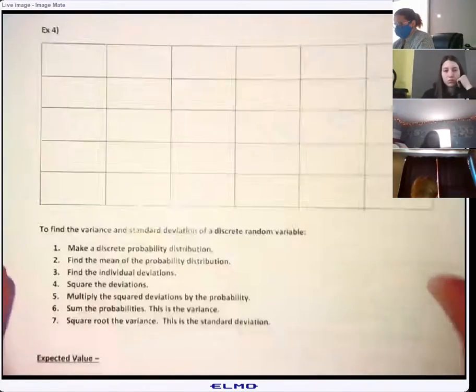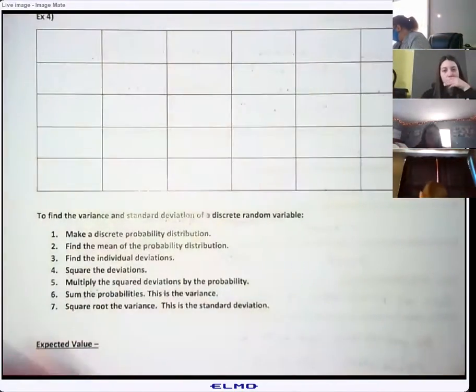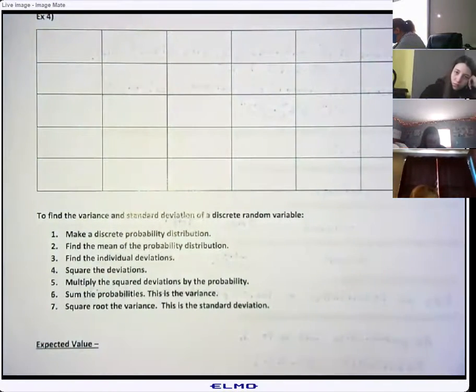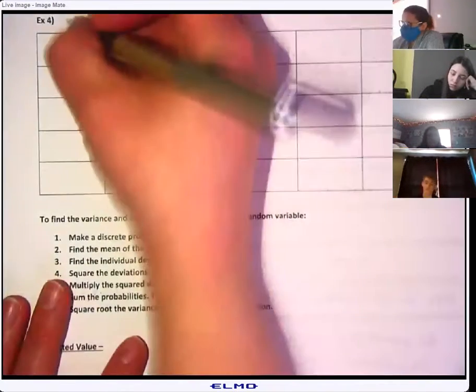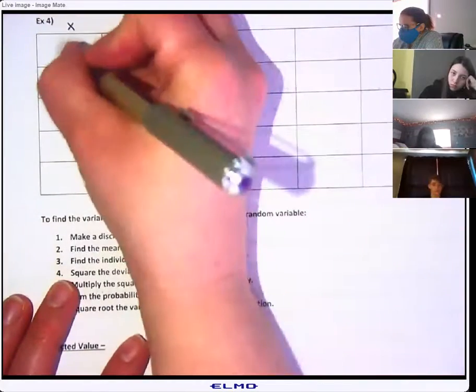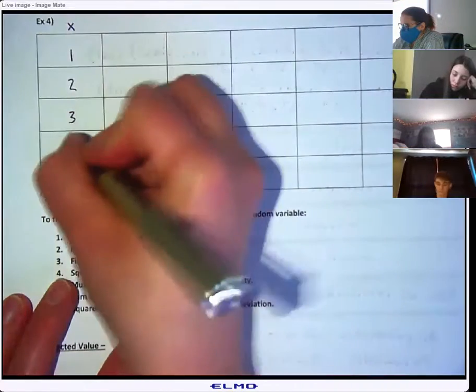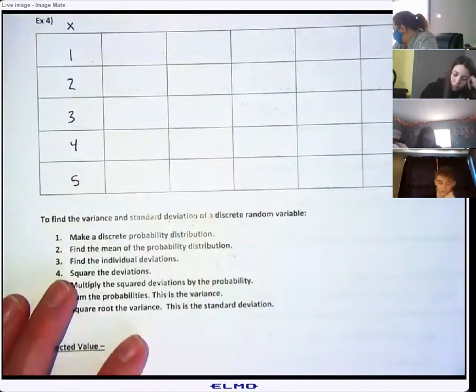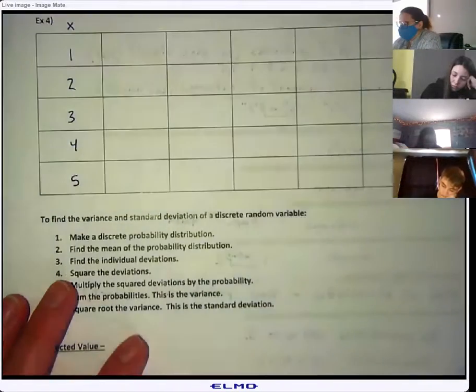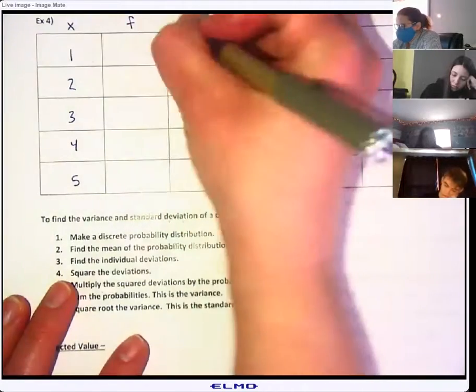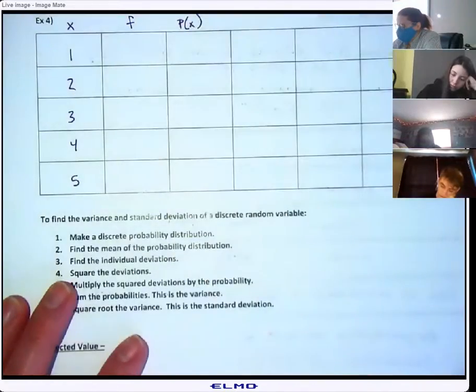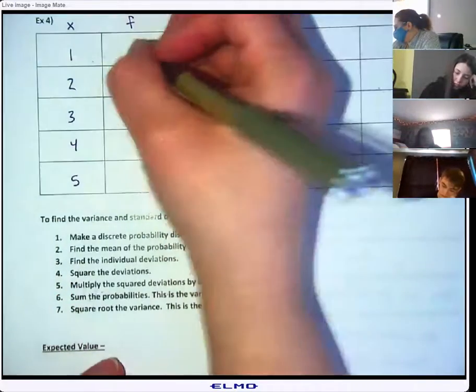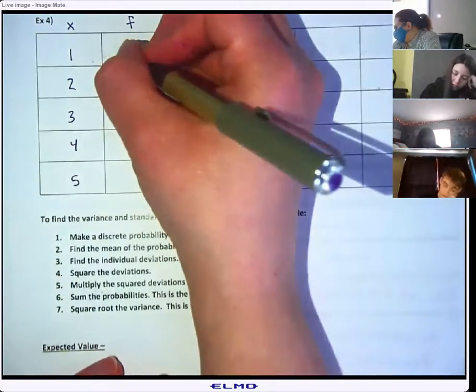We're gonna try it out ourselves. We're gonna use the exact same data. So I'm just gonna write this in. We got X is 1, 2, 3, 4, 5. We had our frequency, which was